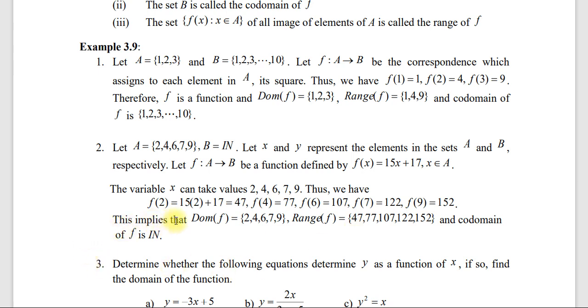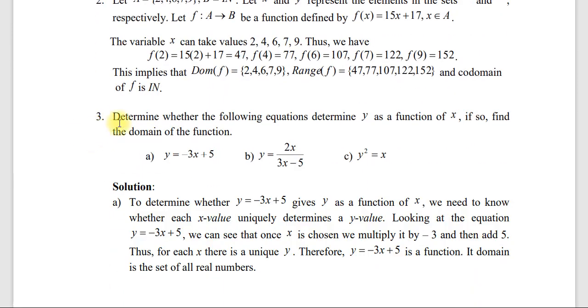ስለዚህ this implies that the domain of f which is equals to the set A ማለት ነው ባጭሩ 2 4 6 7 9 ዶሜኑ ይሄ ነው። ሬንጅ ካልን ደግሞ f of x ማለት ነው ባጭሩ f of x that is 47 77 107 122 152 እንላለን። ሬንጅ ነው። ኮዶሜኑ ማን ነው? ኮዶሜኑ n ነው ወይም ናቹራል ነምበር ነው ባጭሩ ኮዶሜን። ምክንያቱም ሬንጁ በኮዶሜን ውስጥ ነው የሚጠቃለለው። ስለዚህ የዶሜንን እና የሬንጅን ልዩነት በዚህ ላይ መረዳት ይገባል ማለት ነው።